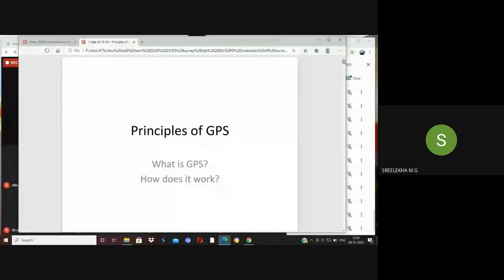For example, if we are doing some survey, what are we doing? We are finding the horizontal distance or vertical height of that particular point with respect to some